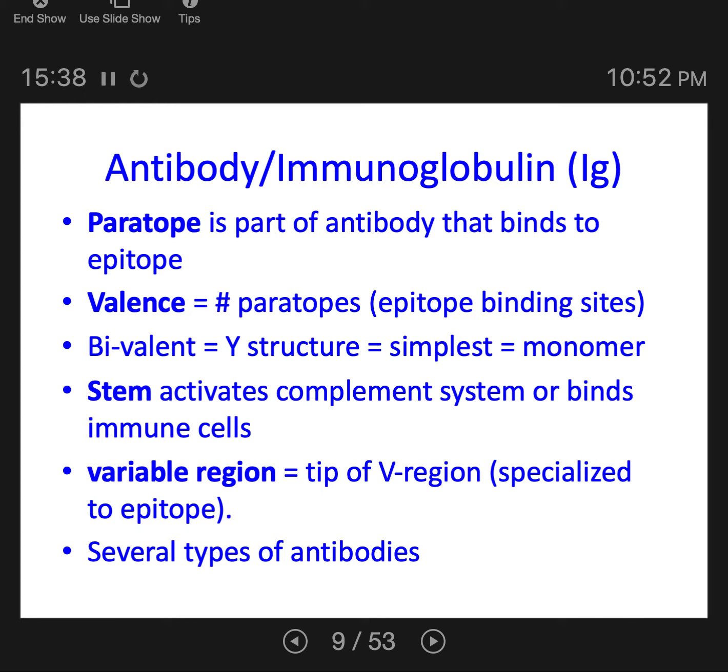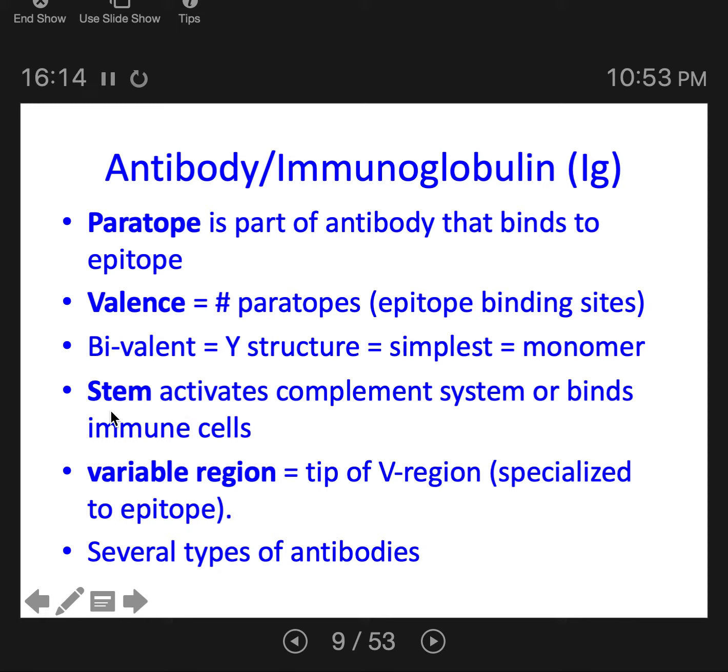The reason it's specialized is these immunoglobulins have epitopes that are unique to each individual pathogen you have ever encountered in your life. So every time you encounter a pathogen, your body is going to start generating immunoglobulins that are special. They have these specialized binding sites that only bind to that one pathogen. So these are going to differ. The variable region where the epitopes are is going to vary from one antibody to the next, and it's specialized to pathogens that you've encountered.